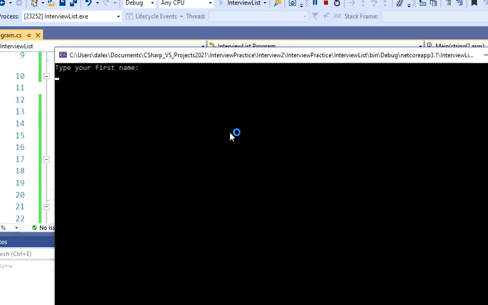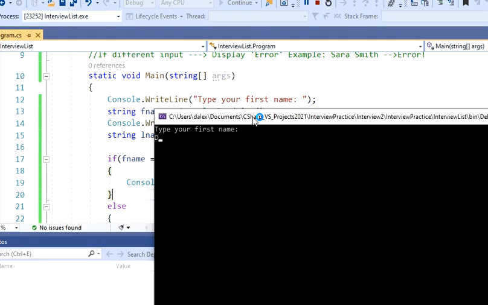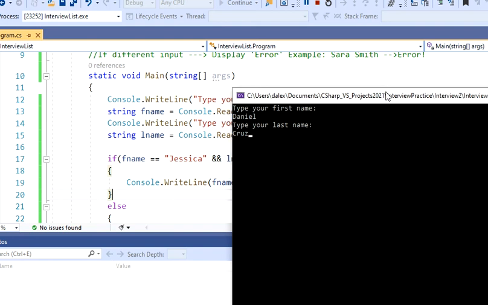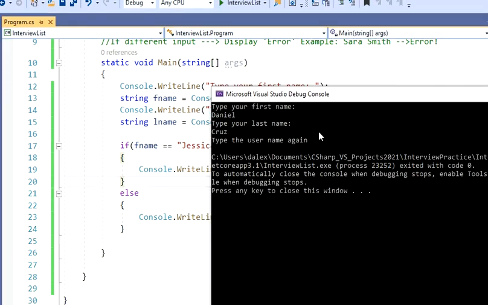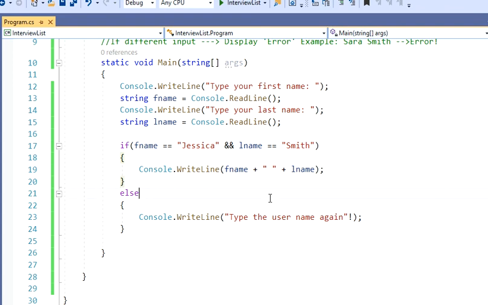Let's try to input something else. So let's try to say Daniel and then Cruz. This should give me an error message. Type the username again. Okay, so that's perfect. So that was pretty much the whole